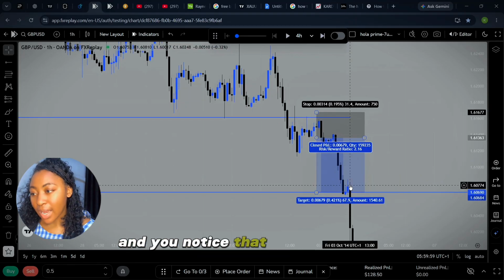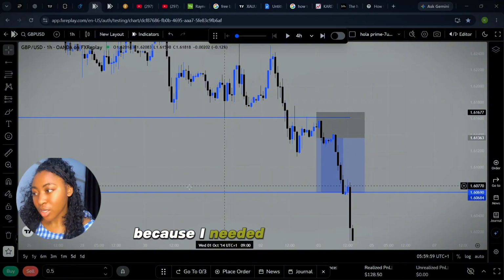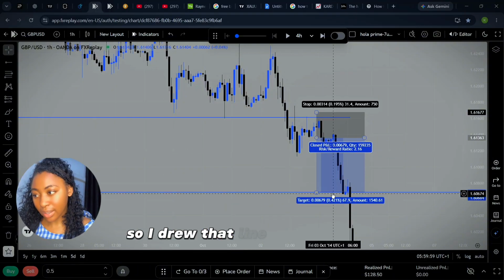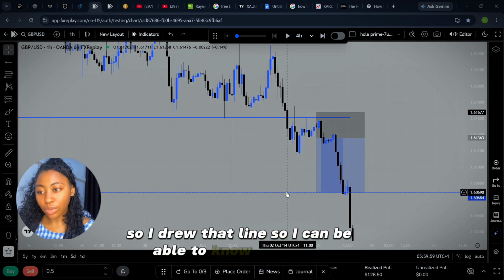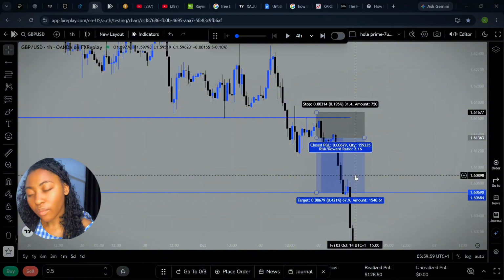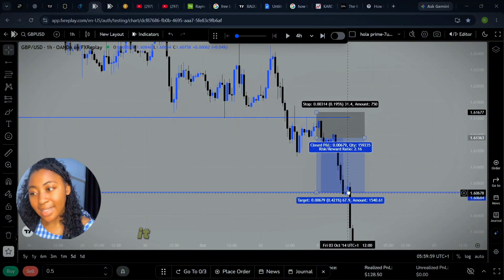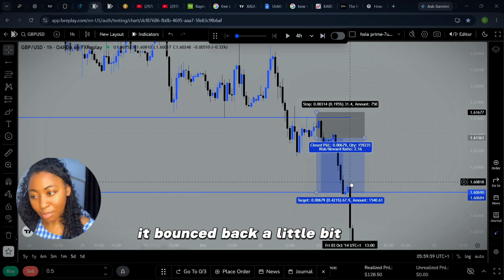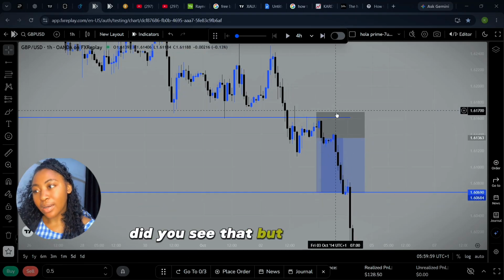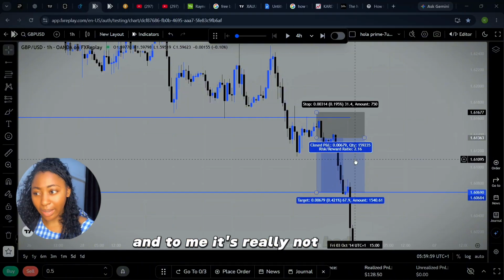And you notice that immediately it hits this line that I drew, because I needed to be sure that this is my target. So I drew that line so I can know that that is where the candle stopped. If you look, immediately it hits that line, it bounced back a little bit before it continued moving. Did you see that? But I wasn't really sure, so I had to just take my profit here. And to me, it's really not bad, because it was